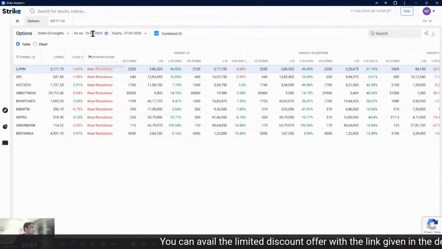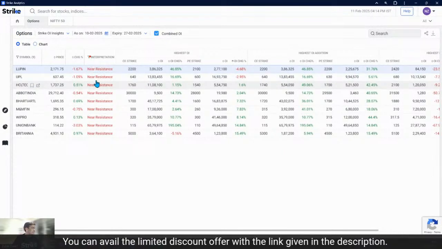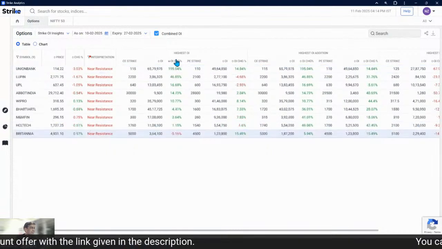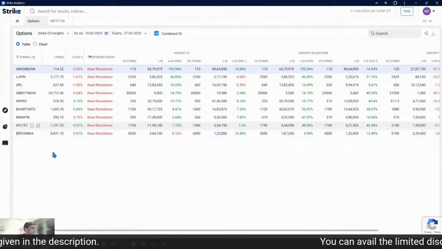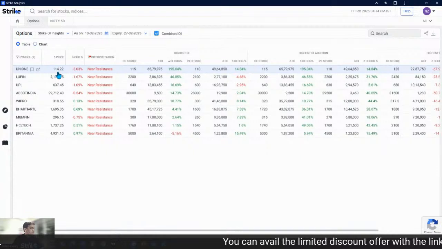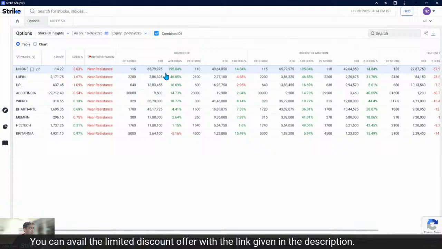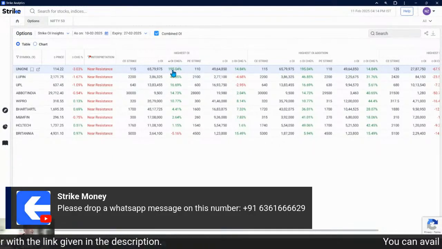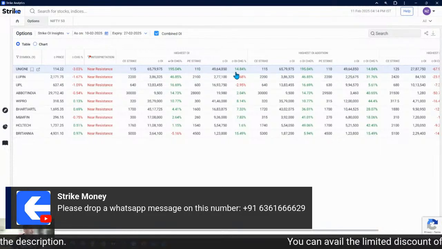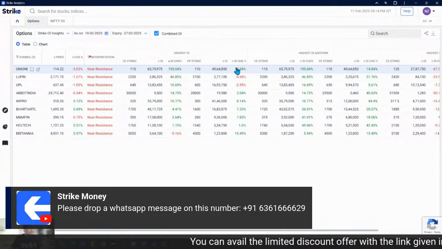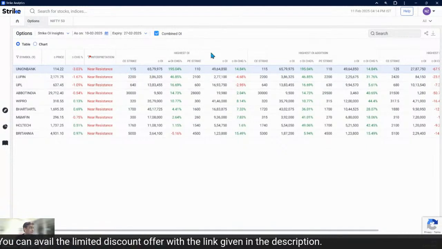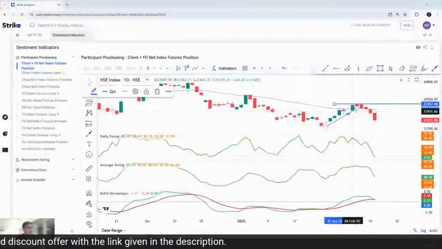So on the 10th I looked for stocks near resistance. And when it is near resistance, we see an addition in call OI. So I found that Union Bank, which was trading at 114 yesterday, had the 115 call strike highest. There was a 195% build up in call, and at the 110 put there was a 14% build up. So I was expecting that Union Bank could remain bearish, and for that,